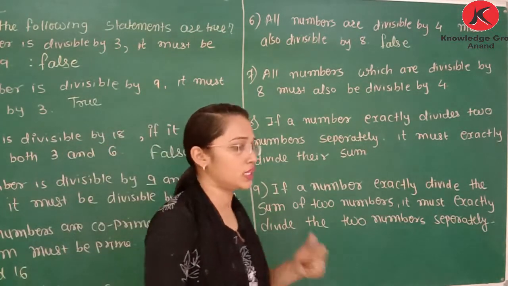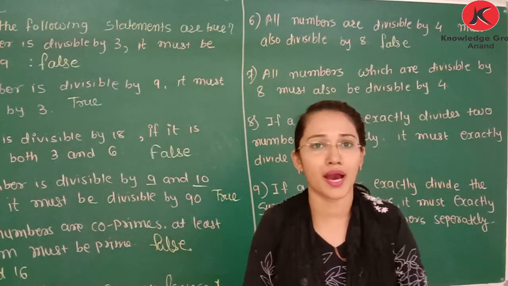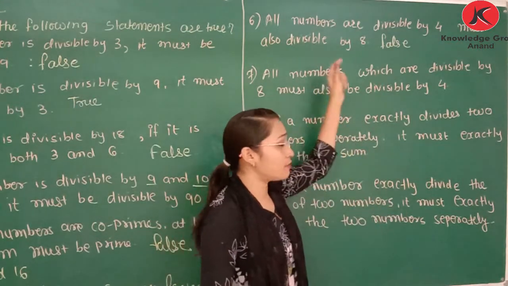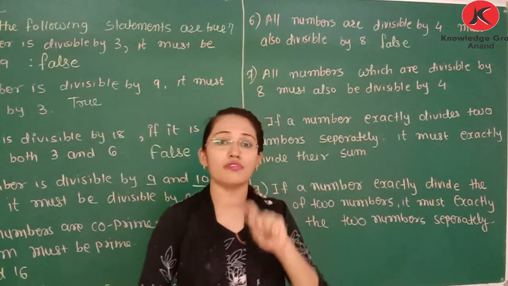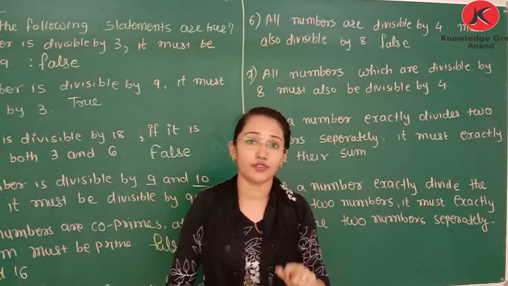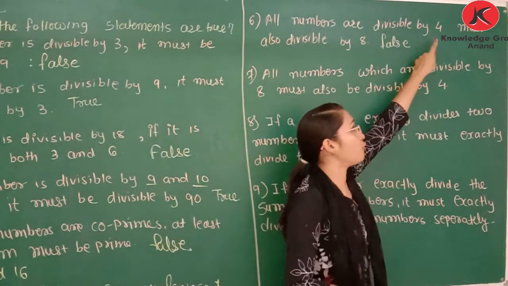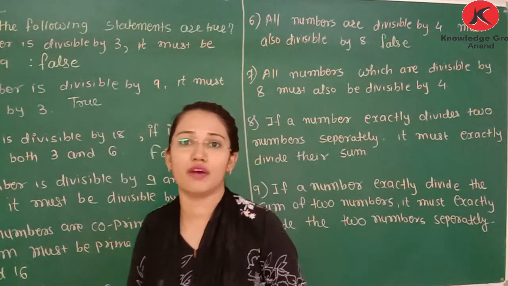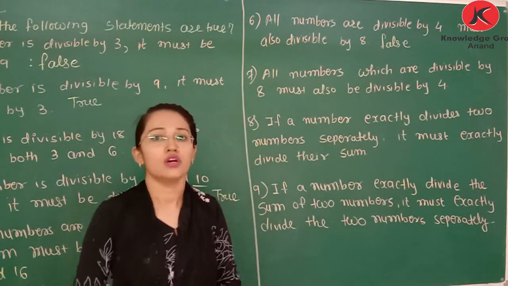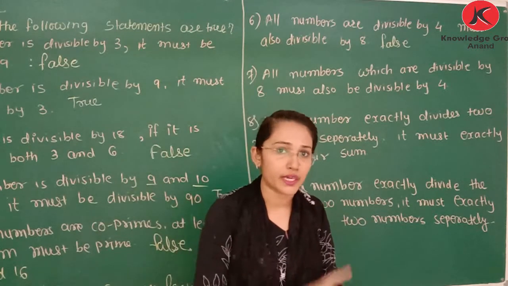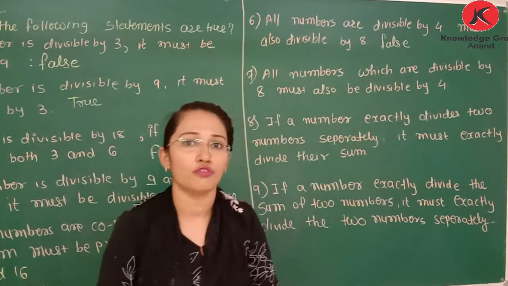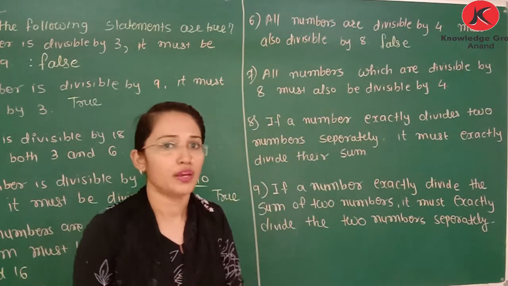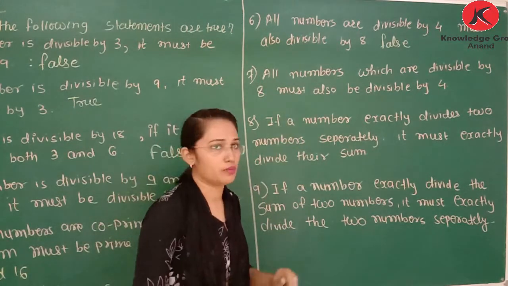What is the statement? If a number is divisible by one number, then it is also divisible by all factors of that number. Means 4 ના ફેક્ટર માં 2 multiply 2 આવે તો એ 2 થી તો ડિવાઇડ થાય, but 8 થી ડિવાઇડ થાય નહીં, because 4 is a factor of 8. 8 is not a factor of 4. 4 ના ફેક્ટર માં 8 આવે નહીં. That's why it is a false statement.